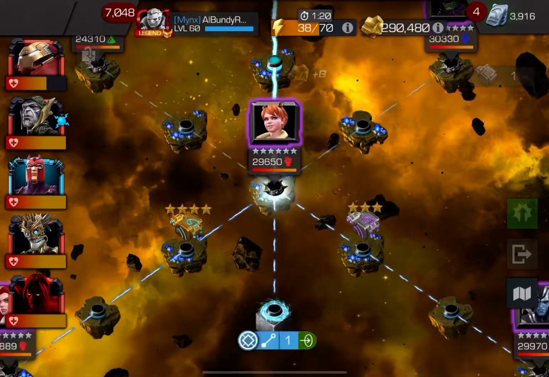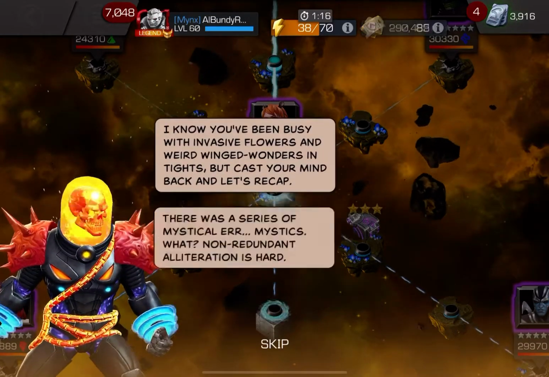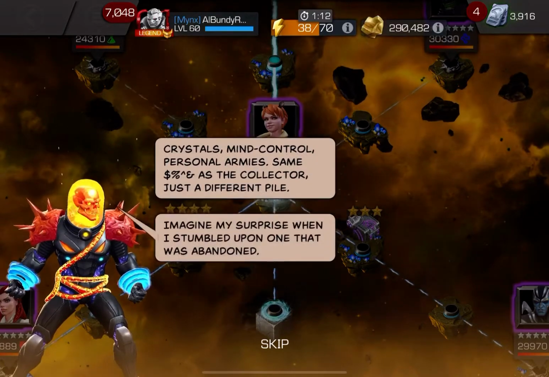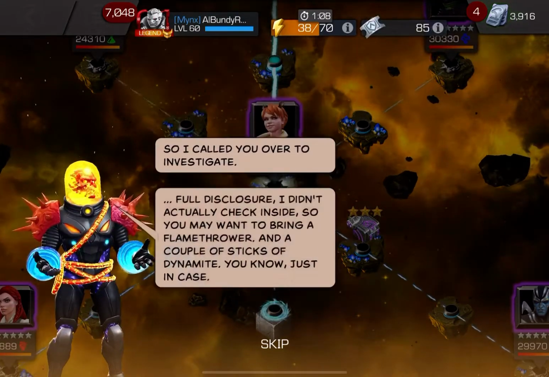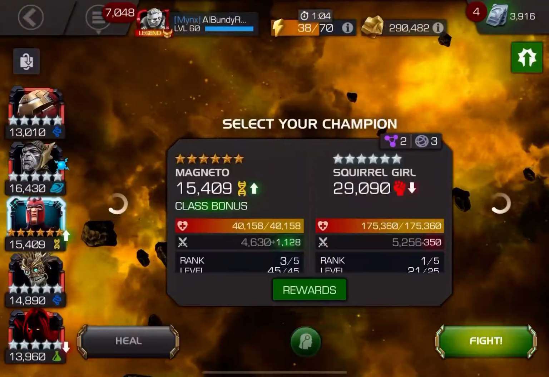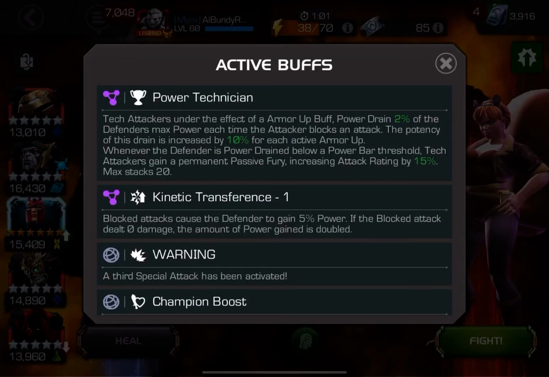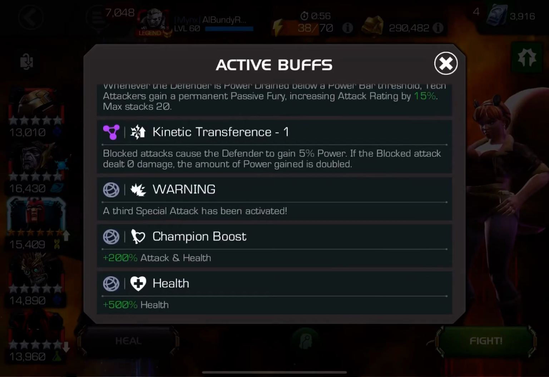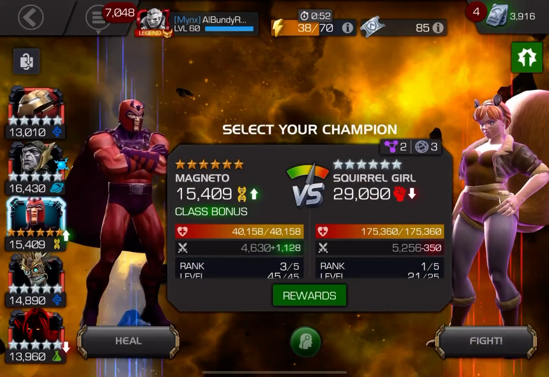Well, nice simple first five. Move on to the next one. Squirrel Girl here. And it's all the stripper storyline moving on through. And this should be another relatively easy fight, most likely. And double checking, nothing special on the notes here. We do see block attacks do cause power, so I do have to be careful on that,